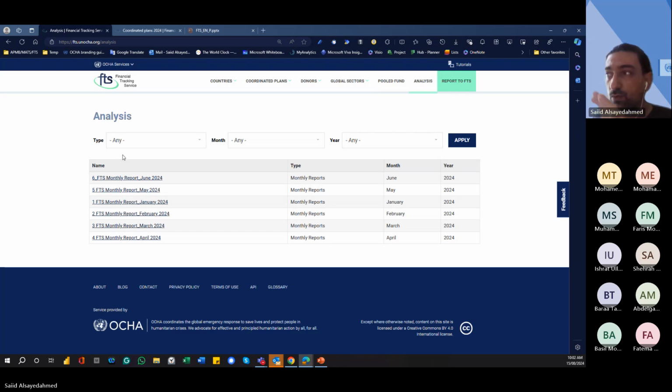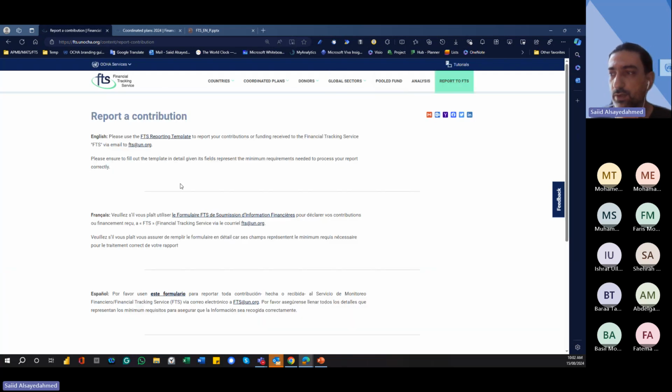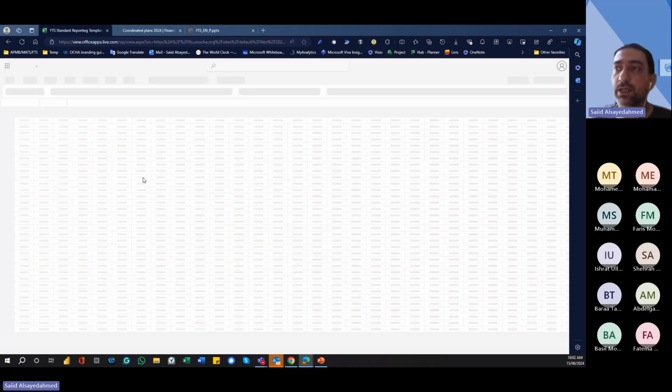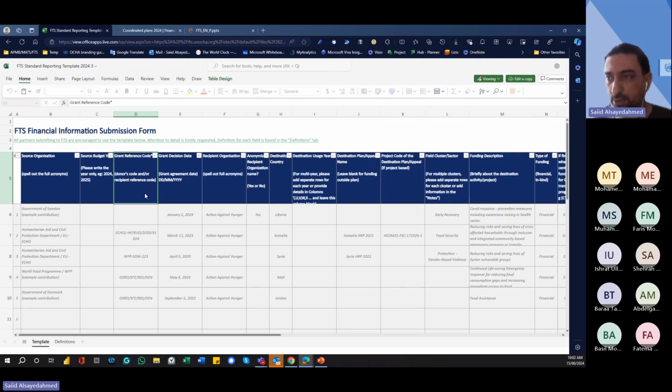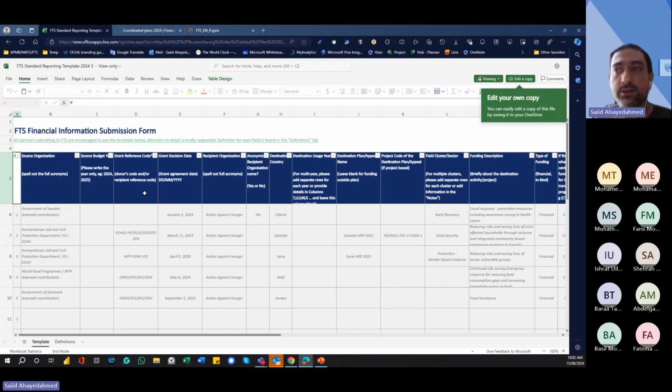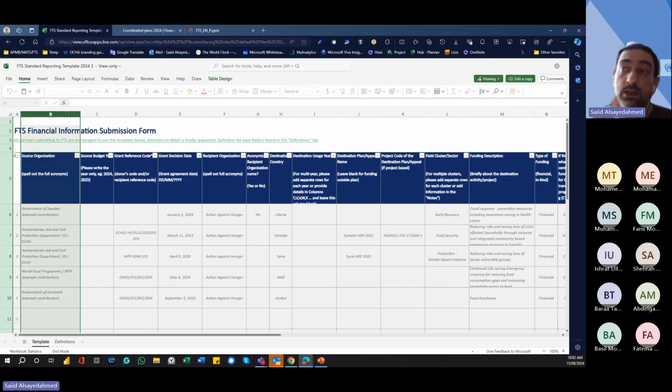Now, within this part, whenever we say report to FTS, I will explain the reporting template, the English reporting template. Again, you are skilled in this, Ishratullah, but we always prefer to keep it up to date with all of you. So basically, within this reporting template, and yesterday we had a meeting with Qatar Fund for Development,